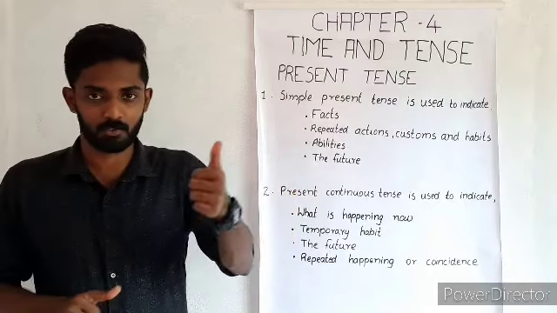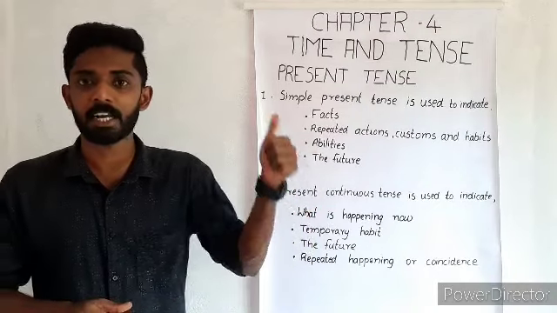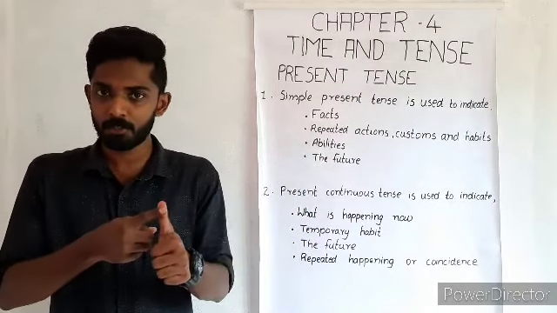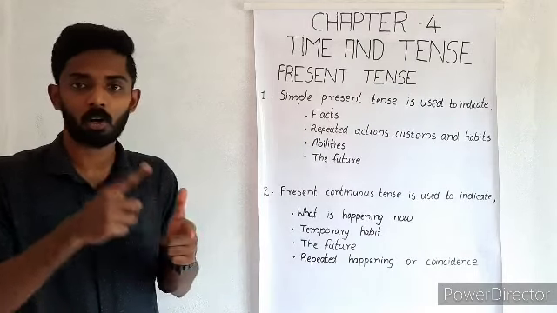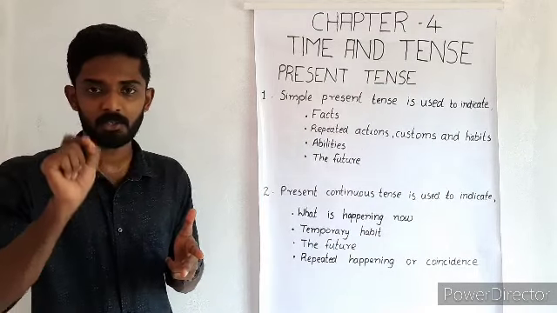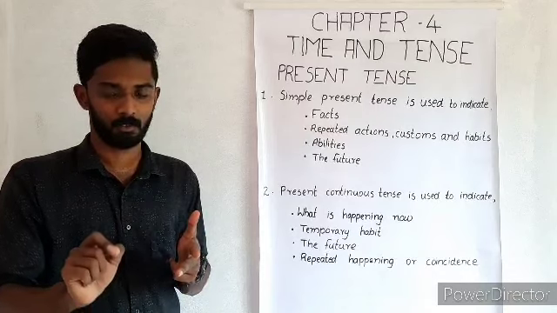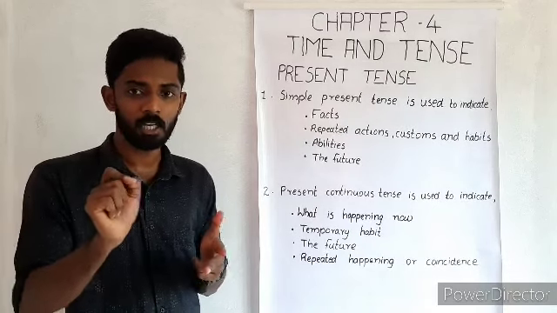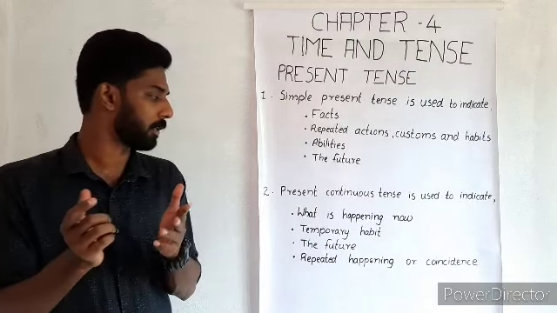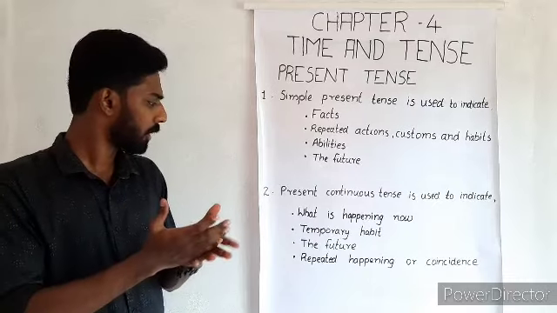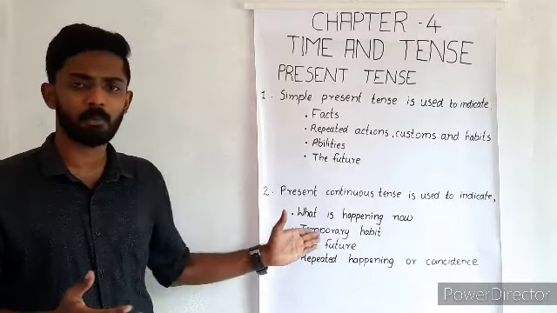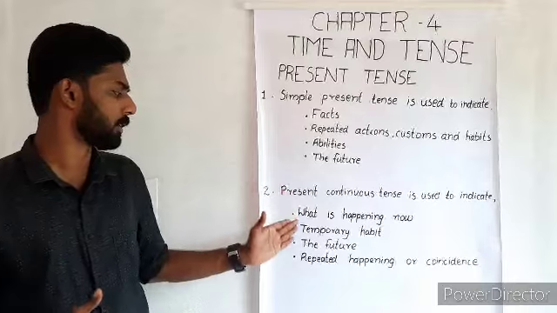So you might know the structure of present continuous tense, as I said in the beginning, that is subject plus is or am or are plus verb plus ing plus object. So you might have studied all these things in your previous classes, so I don't think I have to go deep into all those. And so we will move on to the second point in present continuous tense, that is